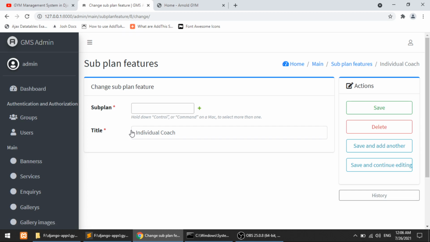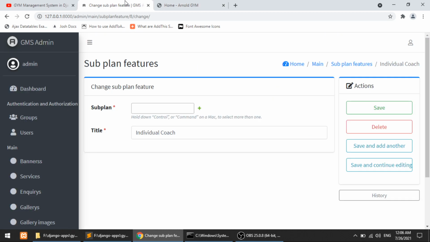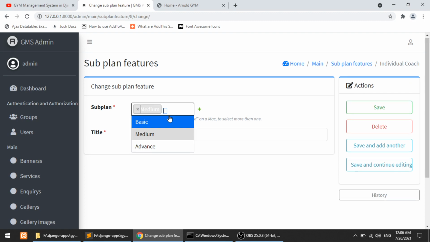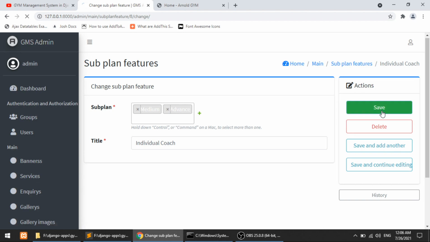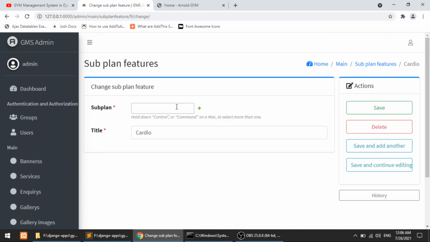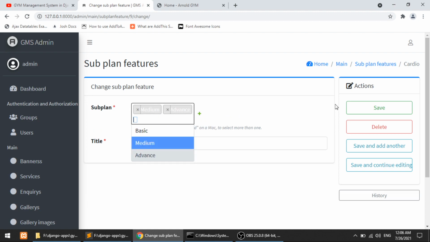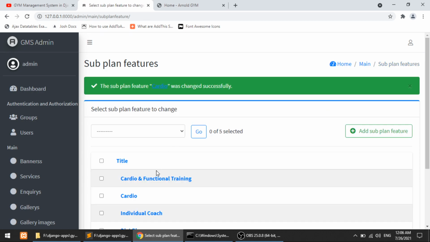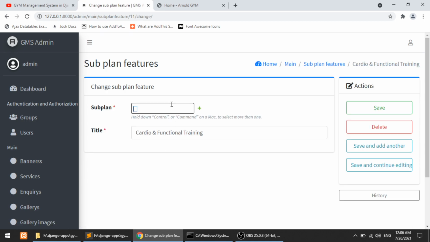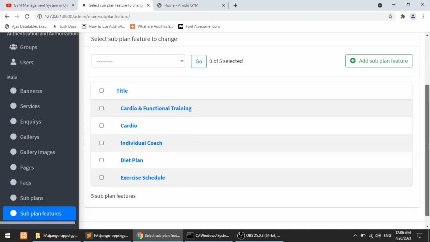Now let's go to the individual coach, and this individual coach will only go to medium and advanced. Save this. Cardio will go to medium and advanced, and functional training will go to advanced only. So here we have defined the things.